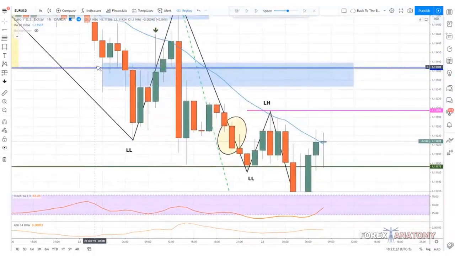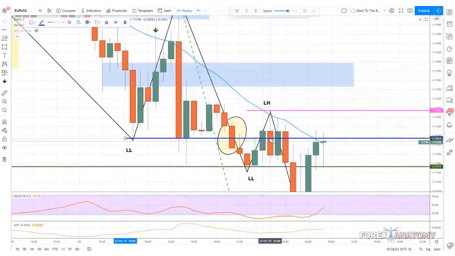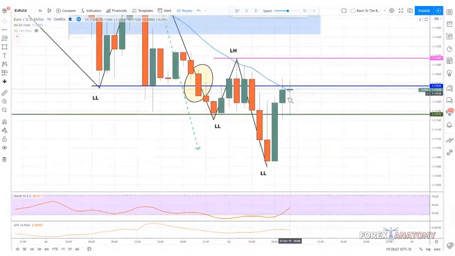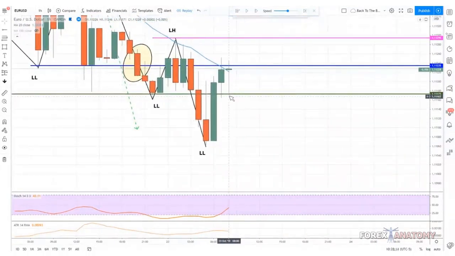So if we drag this line down to this lower low right here, this is where price is hitting the structure. And typically right around here, you'll be looking for another selling opportunity. But you want to wait for bearish confirmation first. You don't want to just enter a trade. Let's see if price respects this structure area to the left, because for all we know, price could push up and break even above these highs. So let's see what happens.